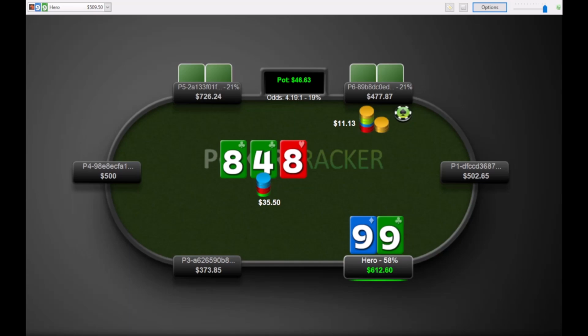So I think a small check-raise size is appropriate because we're raising merged, and the cutoff ends up folding and the button calls and we see the 8 of spades turn. So once a button calls our check-raise, I think their range is going to be pretty similar to ours. It's probably a bit more weighted to pocket pairs, while ours is going to have a relatively higher proportion of